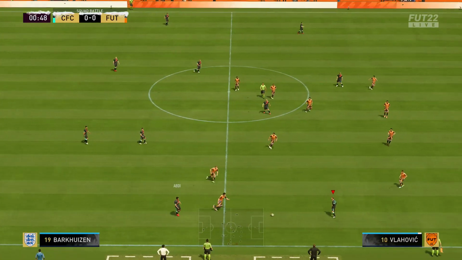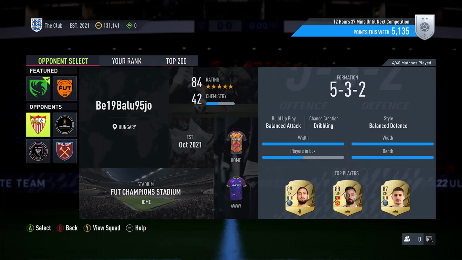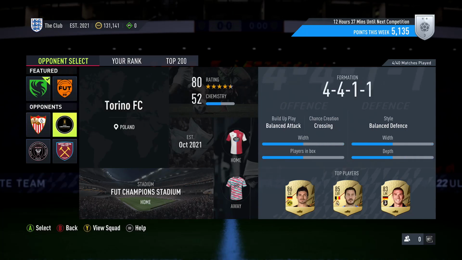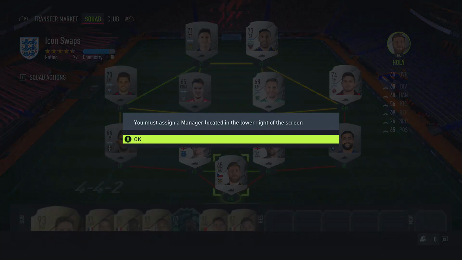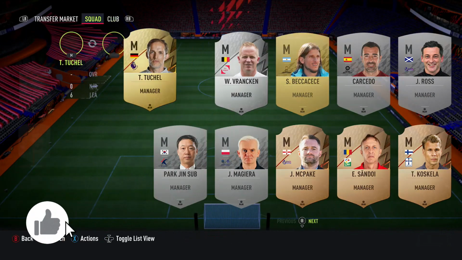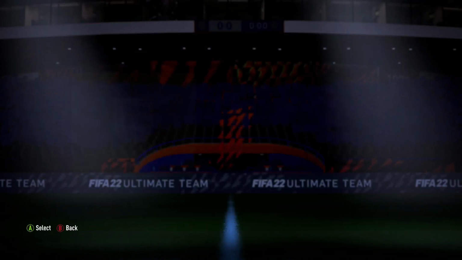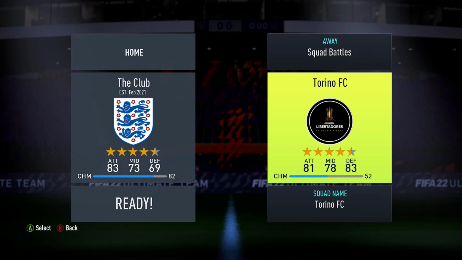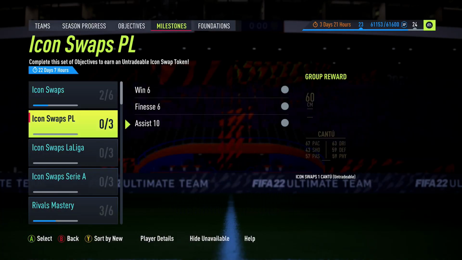Now of course you can't do this for every single one of them. You can't complete every single icon swap objective with just playing these couple of games, and it's because they require you to have different leagues. You can't just have a full starting 11 of players from Argentina and also have a full starting 11 of players from Brazil. It's also the same with some of the objectives which require you to go through the friendlies of one league. You can only have one league, so you do need to play all 6 of those matches,